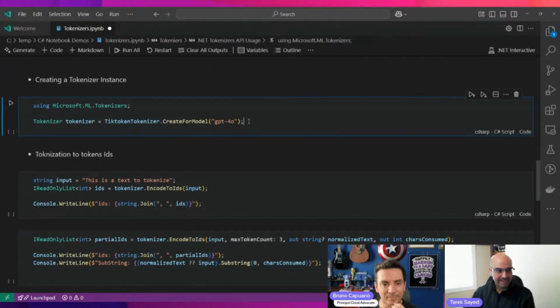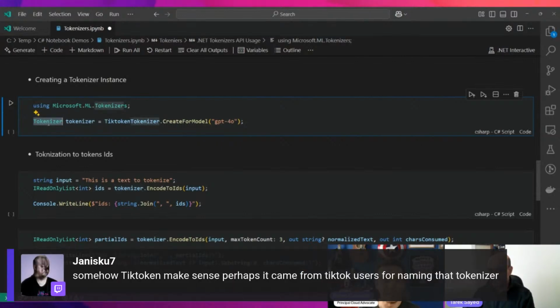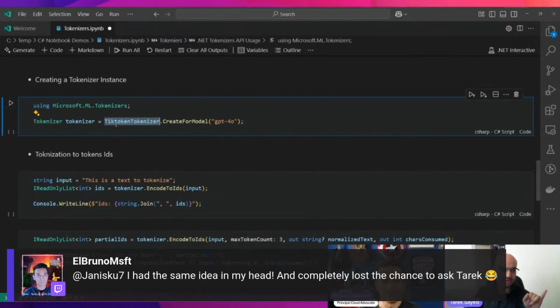The first step is how to create the tokenizer. If you remember, this tokenizer is the abstract class. We have a pattern: if you know the specific tokenizer you want to create, for example here TikToken, you tell us about the TikToken tokenizer.